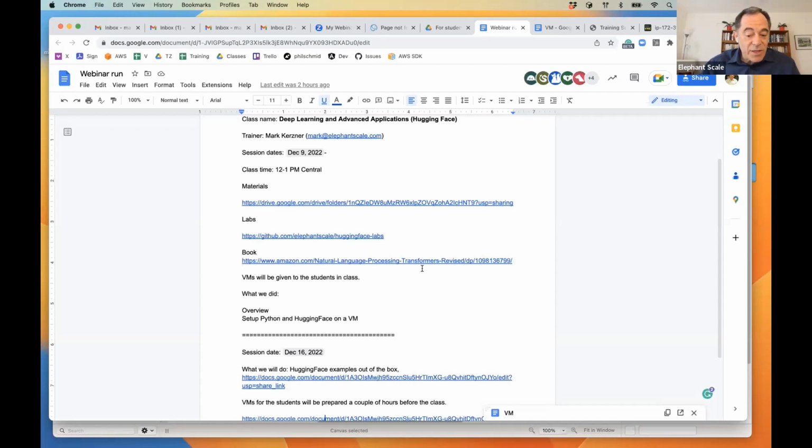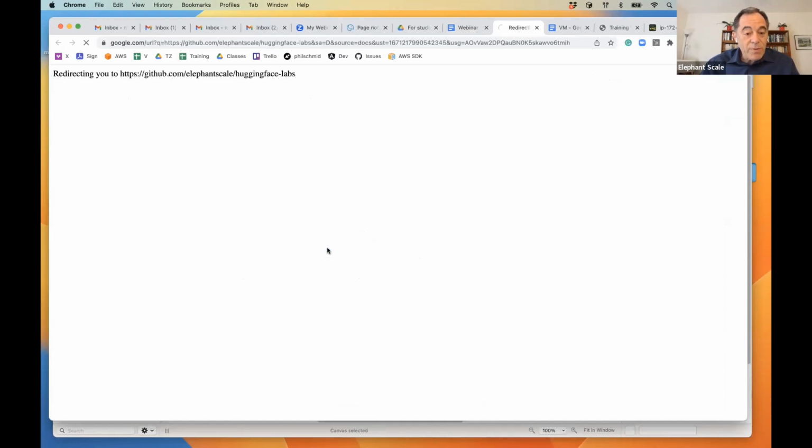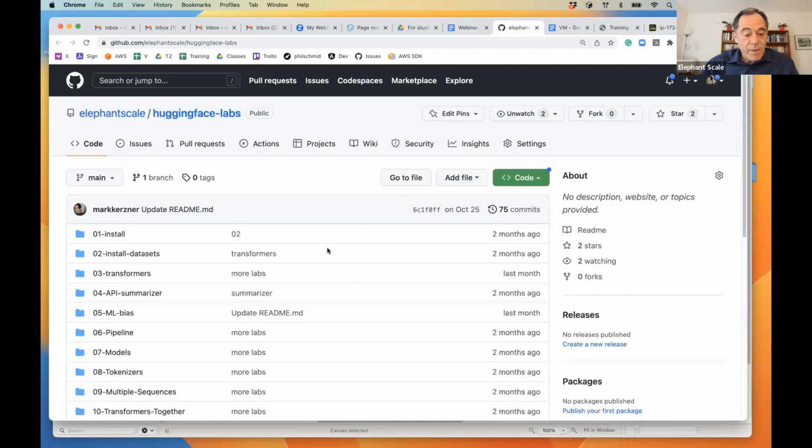Hugging Face, essentially, even though it's called natural language processing using transformers, but transformer is exactly this new kind of machine learning model that is the basis of Hugging Face. Even though they didn't invent it, Google invented this. So long story short, let's go to the labs and we'll go in order.